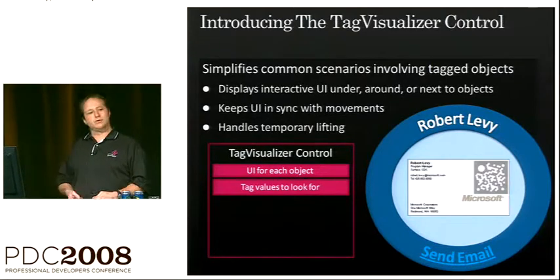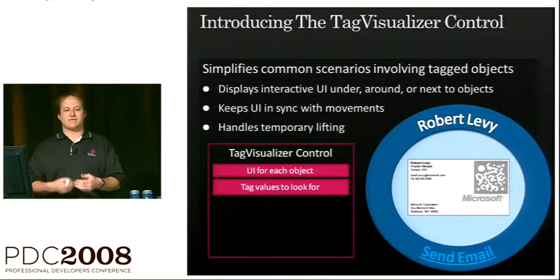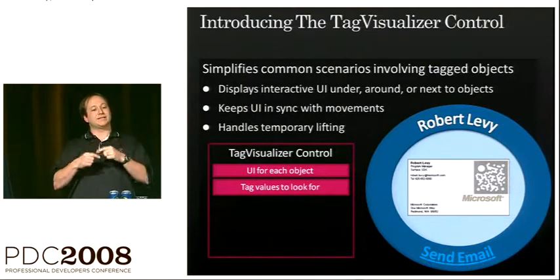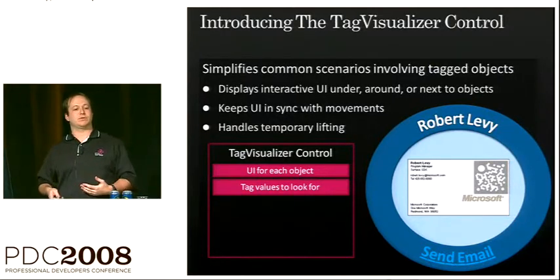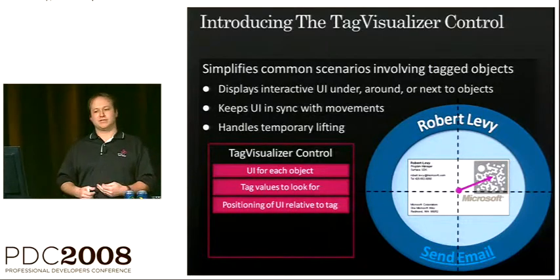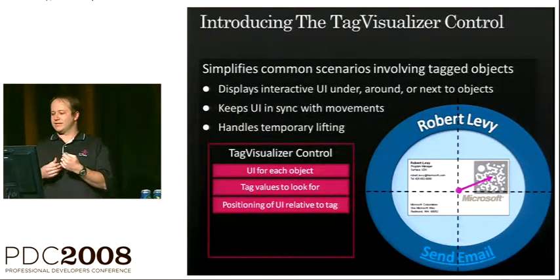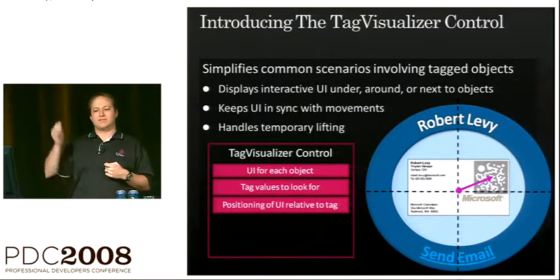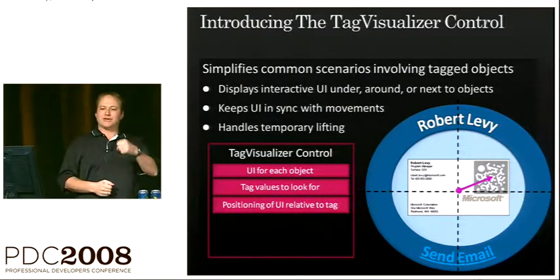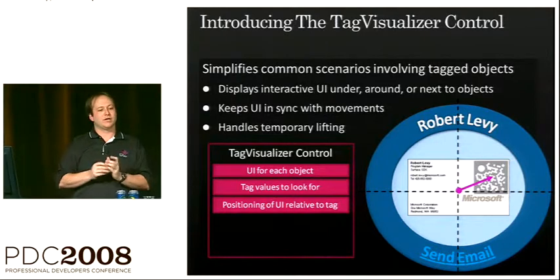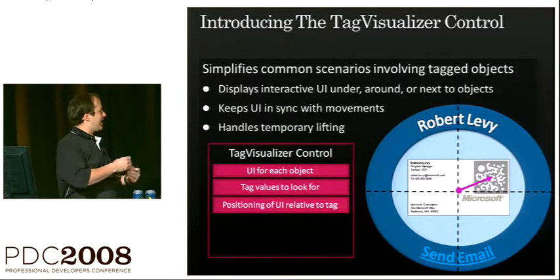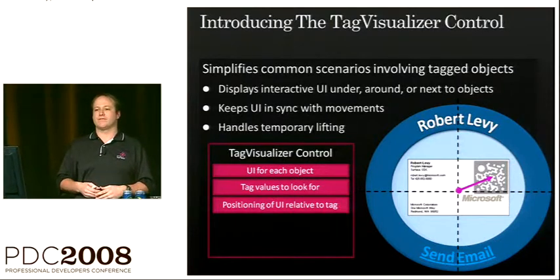The next thing we're going to do is actually get a tag on the back of our physical object. And we're going to tell Tag Visualizer the ID, the unique value of that tag that we're looking for. And the third and final thing that you have to tell Tag Visualizer is what's the relationship between these things? What's the distance from the center of where the tag is going to be seen by the system and the center of where you want the UI to be rendered? So with this information, Tag Visualizer has everything that it needs to handle the tag visualization scenario for you